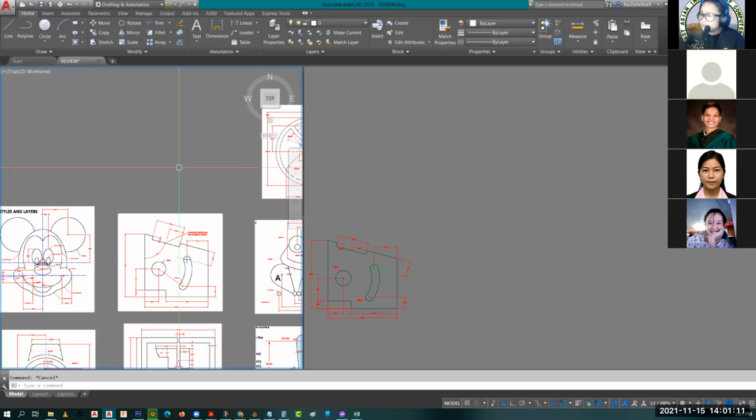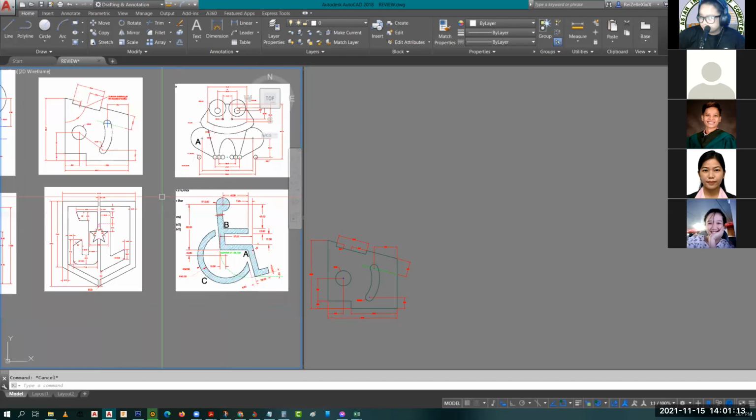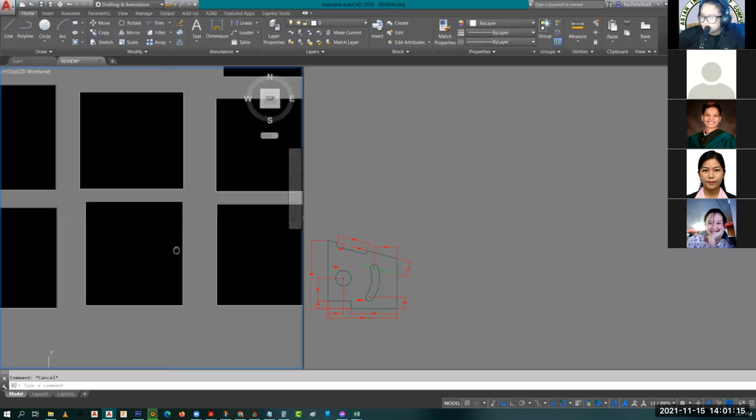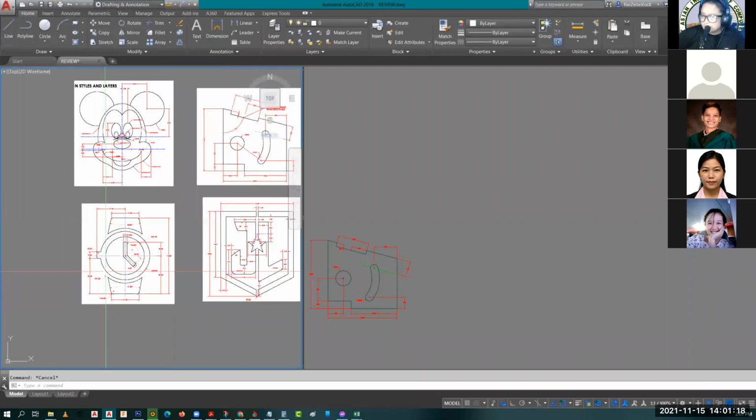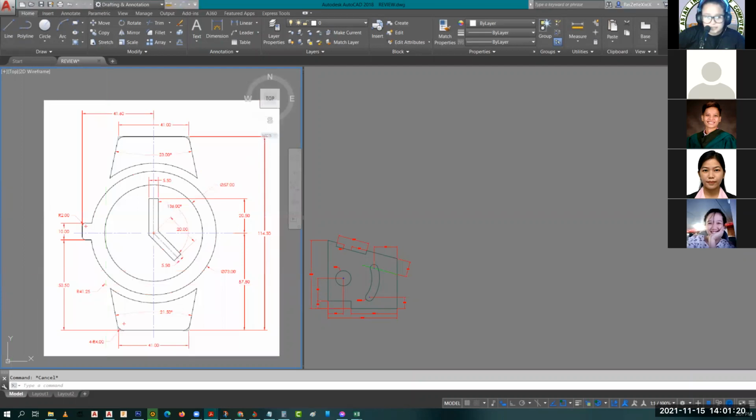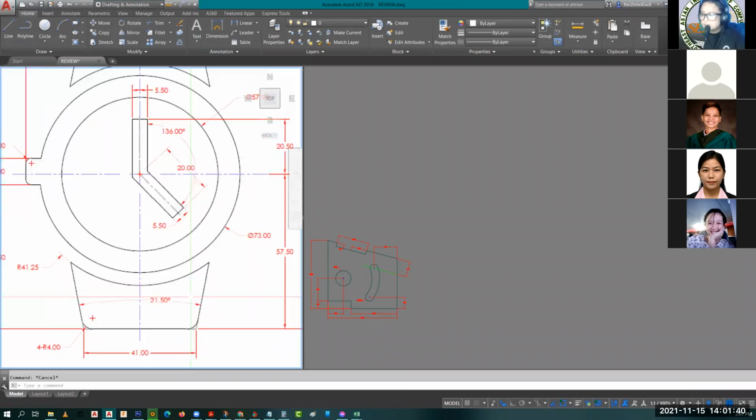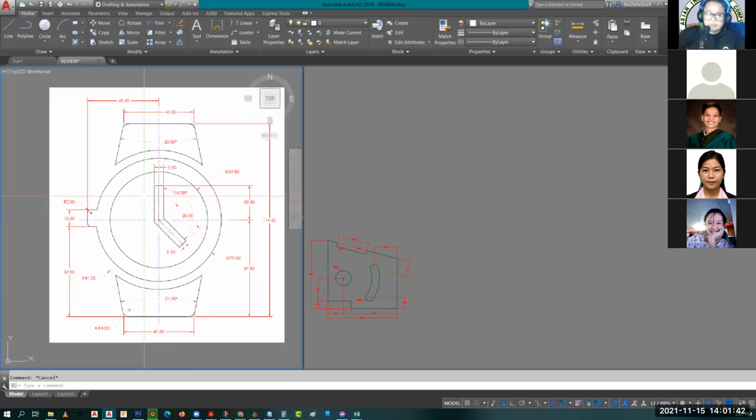So, I think, ano pa? This one. Anong number ito? Wait, hanapin ko. Ay, nasa 7 ito. This is job sheet 7.4. Okay, for this one naman,